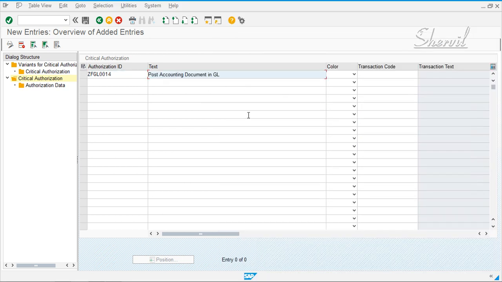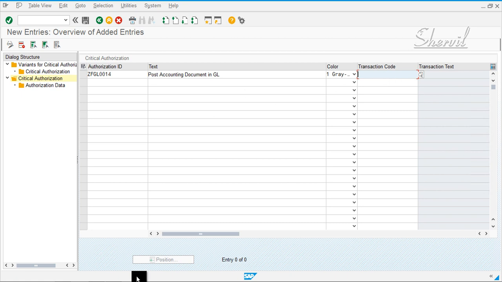Every authorization ID or report, you can color code it. You can give a particular color code, so let's say gray blue. Now, these critical authorizations can be created with or without the transaction code, the S_TCODE object. If you don't want to use the S_TCODE in your rule set, then you can specify the transaction code here for which you're creating the critical authorizations.